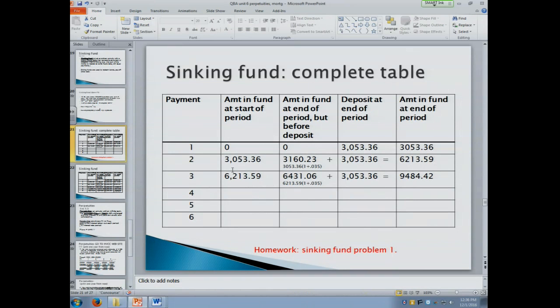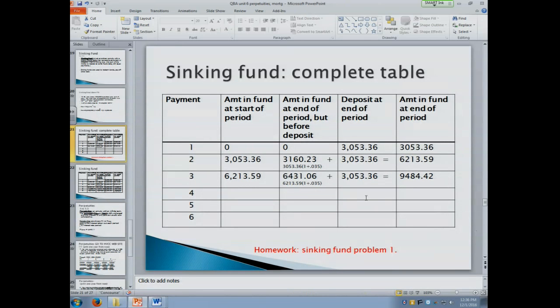So at the beginning of the next period, I have that amount. It's going to generate interest for 6 months. So here is my new amount in the bank. I make my payment in the bank where I'm circling it. And at the end of the period now I have $9,484.42. I would like you to pause the video and calculate for the next 3 periods,